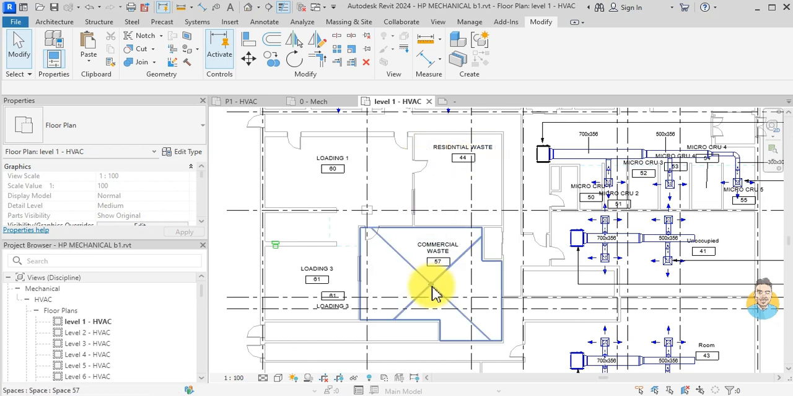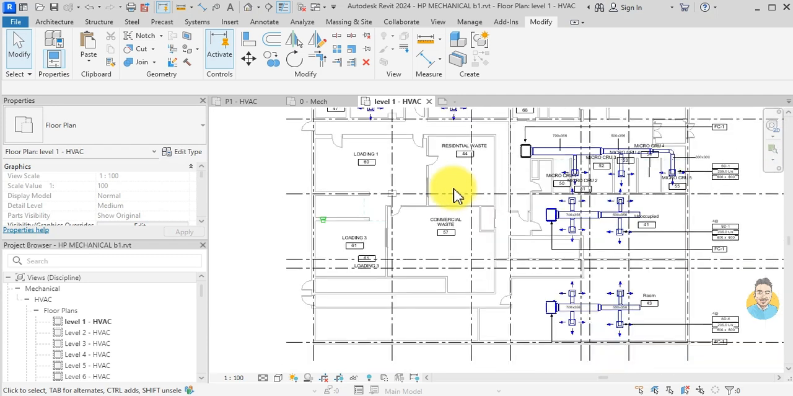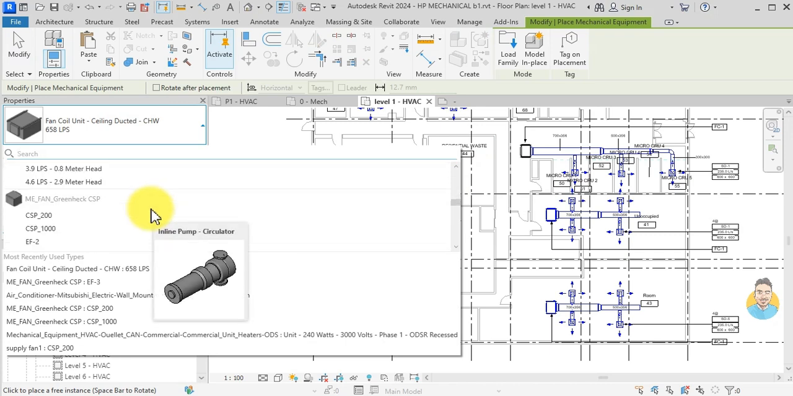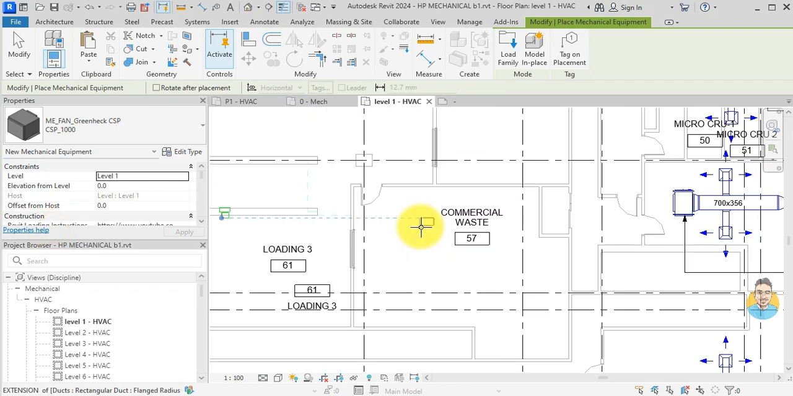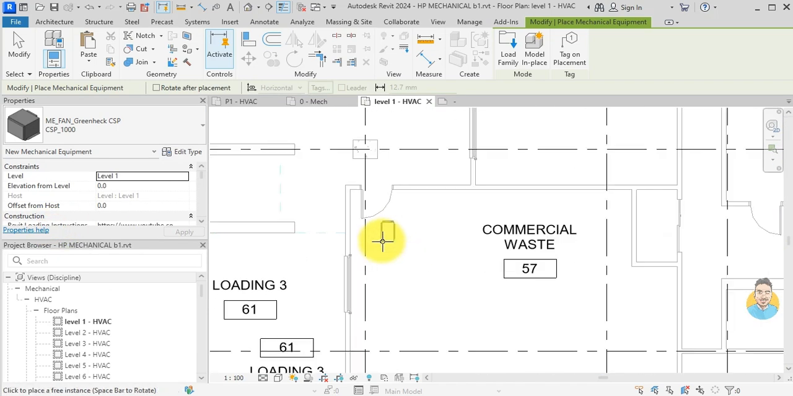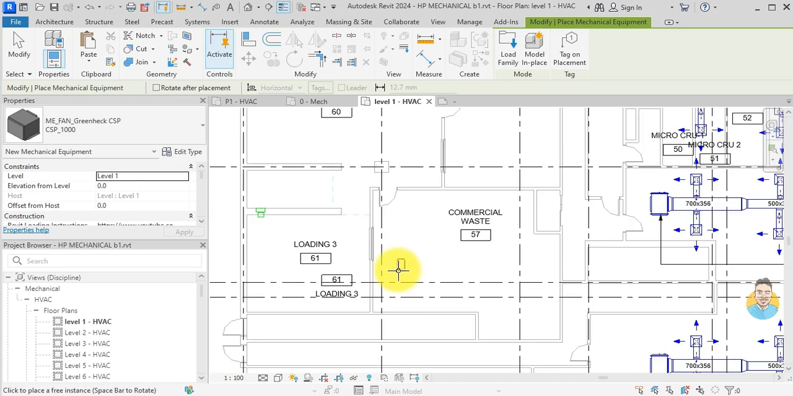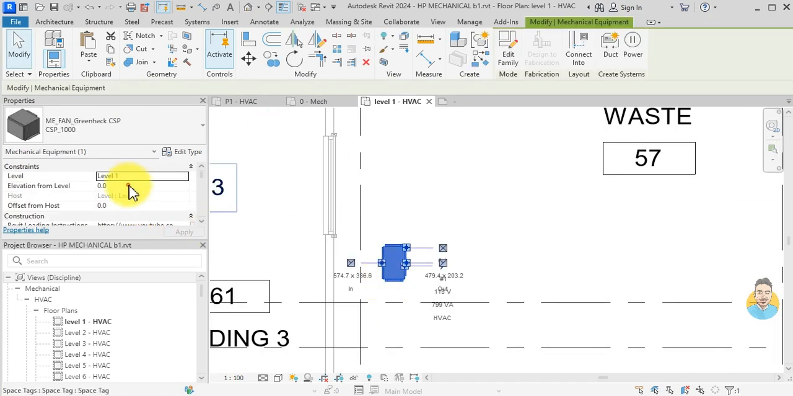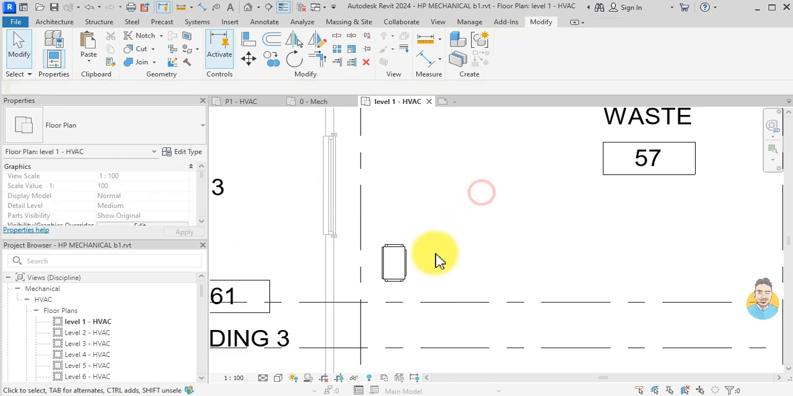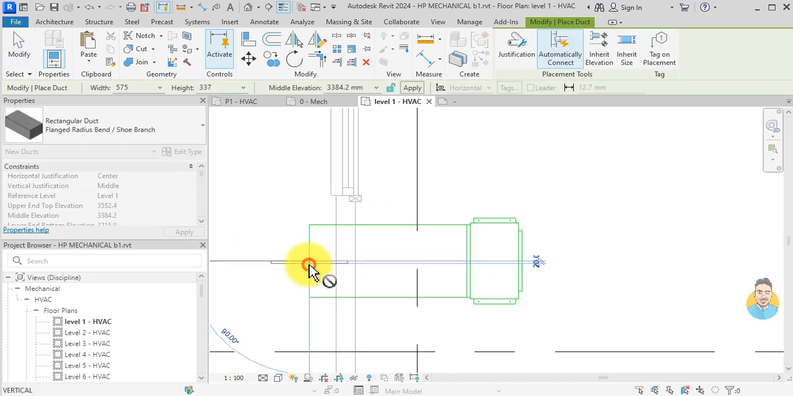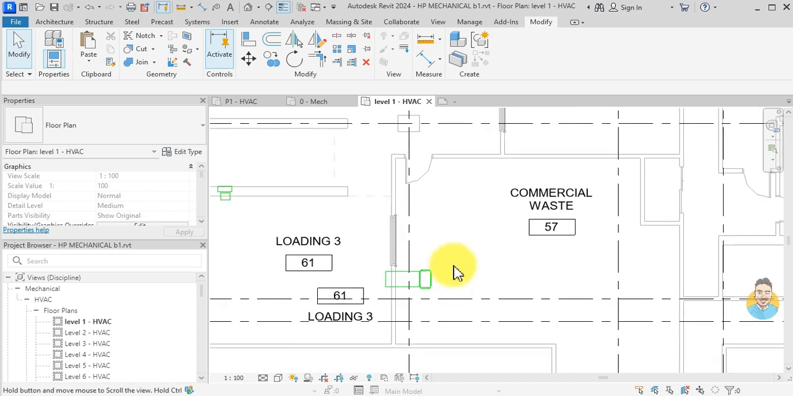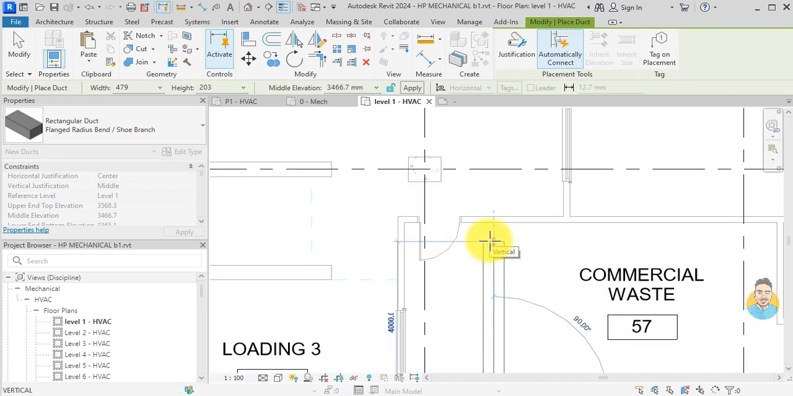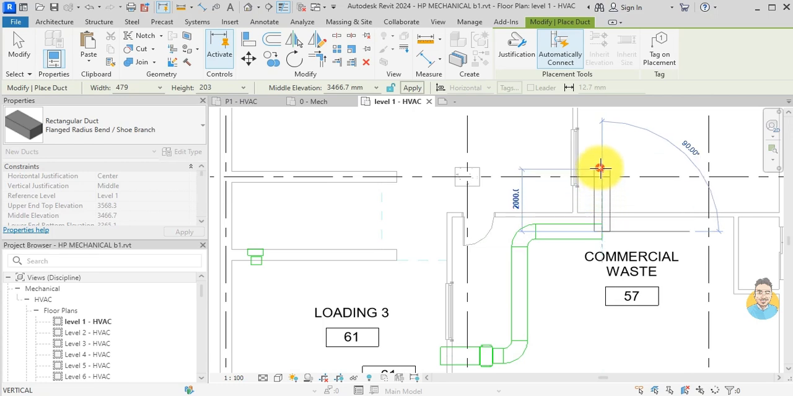Now I need to put a fan for these two wastes. I press ME for mechanical equipment, then I search for a good fan. I get this one, and space, I can just place it here, and for the elevation I can give it 3200. Then I take this one to the outside, and this duct I can go here, here, here, and here,